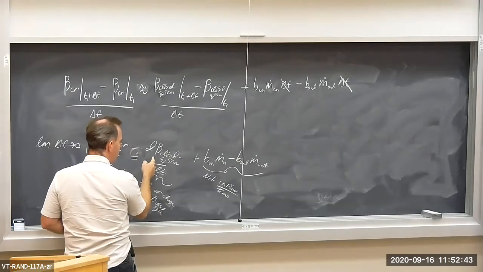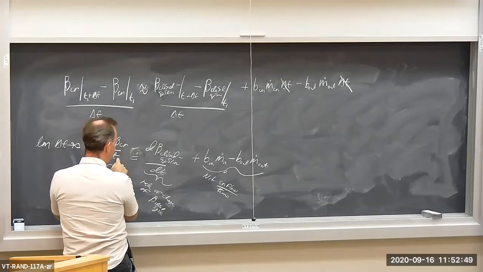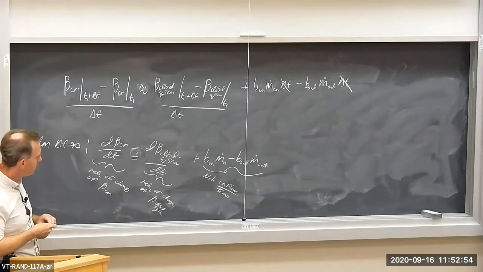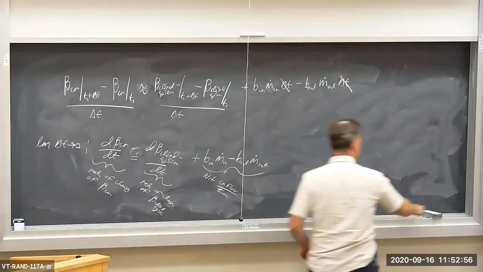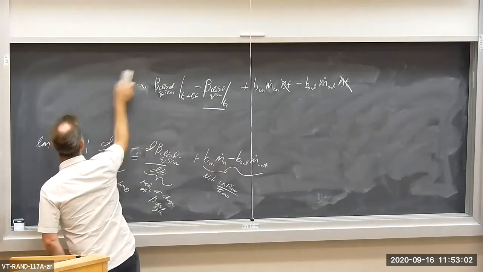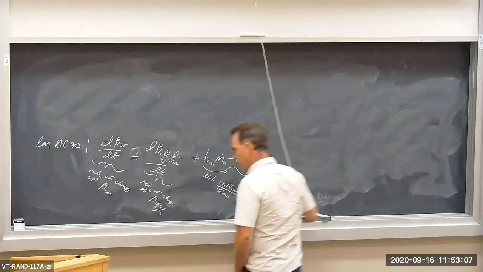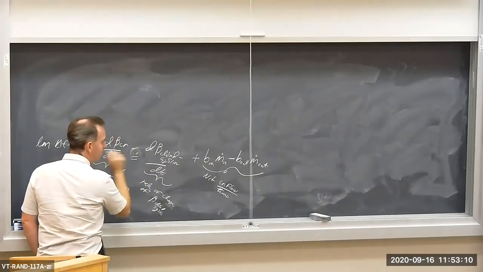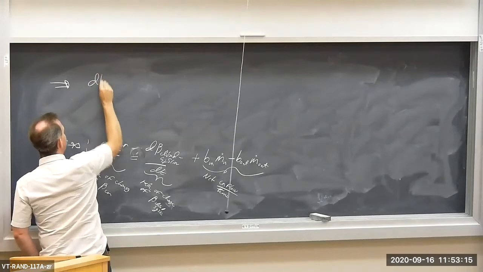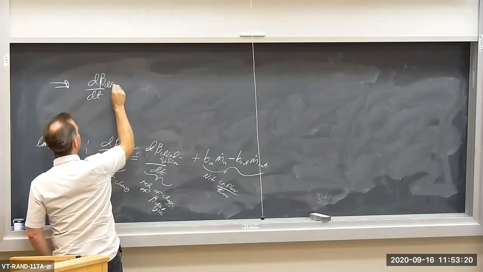I'm going to take this d beta dt for the closed system and put it on the left-hand side, and I'm going to put d beta for the control volume on the right-hand side. So I'm going to flip the equation. Let me rewrite the final version, which takes into account multiple inlets and outlets. I'm going to put the d beta for the closed system on the left-hand side. d beta dt, the rate of change in beta within the closed